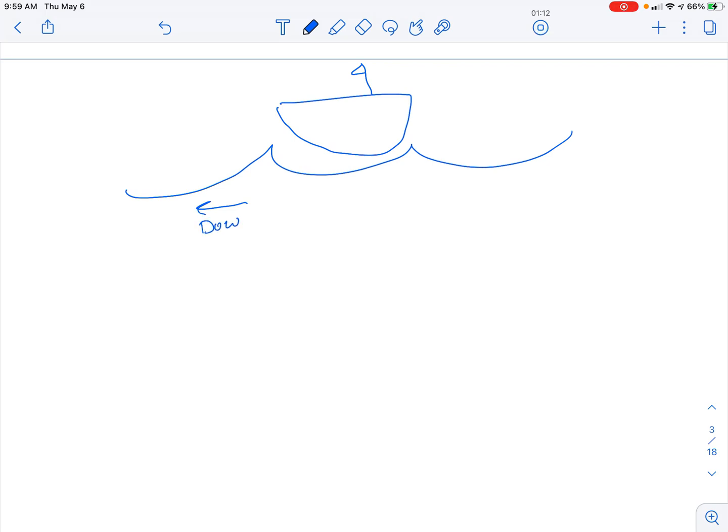The current causes anything you throw in the water to go downstream. It's going to follow the current. So if we have a boat in the water, a sailboat that has a motor on it somewhere, that boat could be doing three things depending upon what it's doing. So if we have a current here heading downstream,